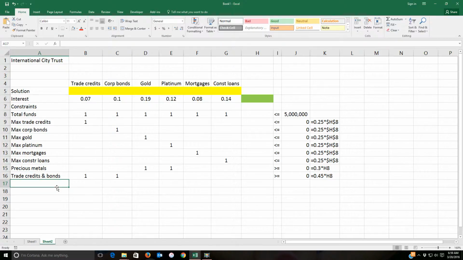So let's go ahead and put that in. We have risk score, maximum, and our risk scores are 1.7 for trade credits, 1.2 for bonds, 3.7 for gold, 2.4 for platinum, 2 for mortgages, and 2.9 for construction loans. And that is a maximum constraint, so we're going to make sure it stays less than or equal to a